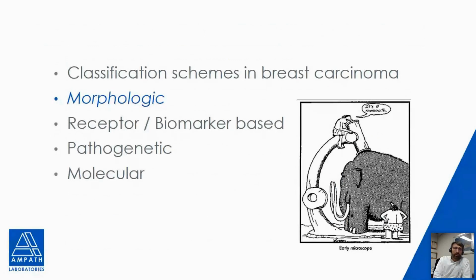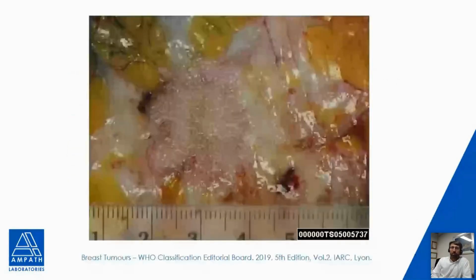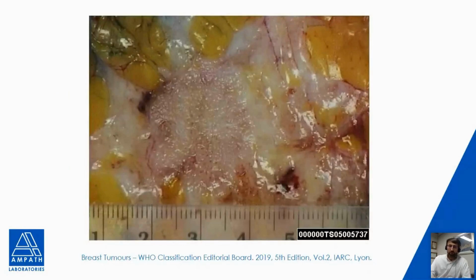So let's then go and have a brief look at the morphologic classification of breast carcinoma, and certainly already at a macroscopic level, if one looks at this breast cancer taken out of the WHO Blue Book, you can appreciate that this is malignant. And the tumor that you can see here has all of the characteristic features. It's got an irregular outline. It's got this pink to gray-white hue,